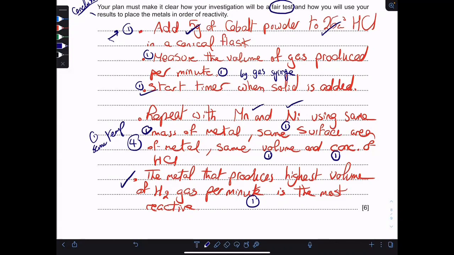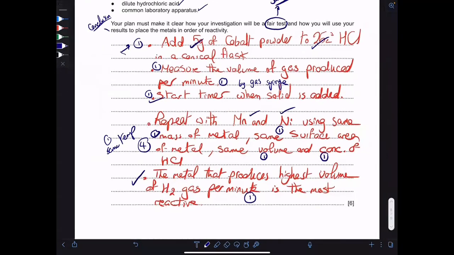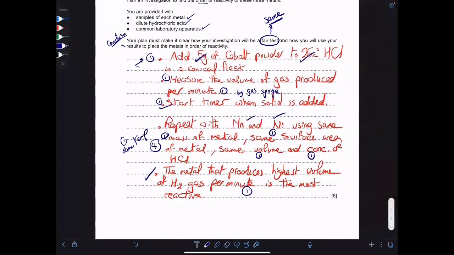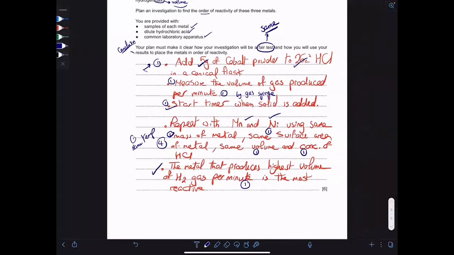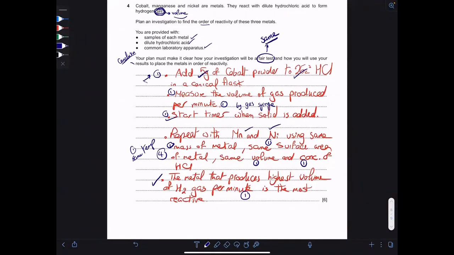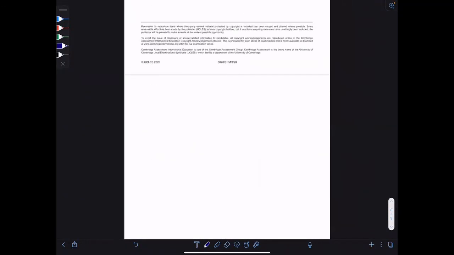You can measure the time for the solid to dissolve. You can measure the mass loss. You can measure the temperature rise. There are many ways to measure the rate, although I always say the easiest, the most straightforward one, is the volume per minute. This was June 2020, paper 6 variant 1 by